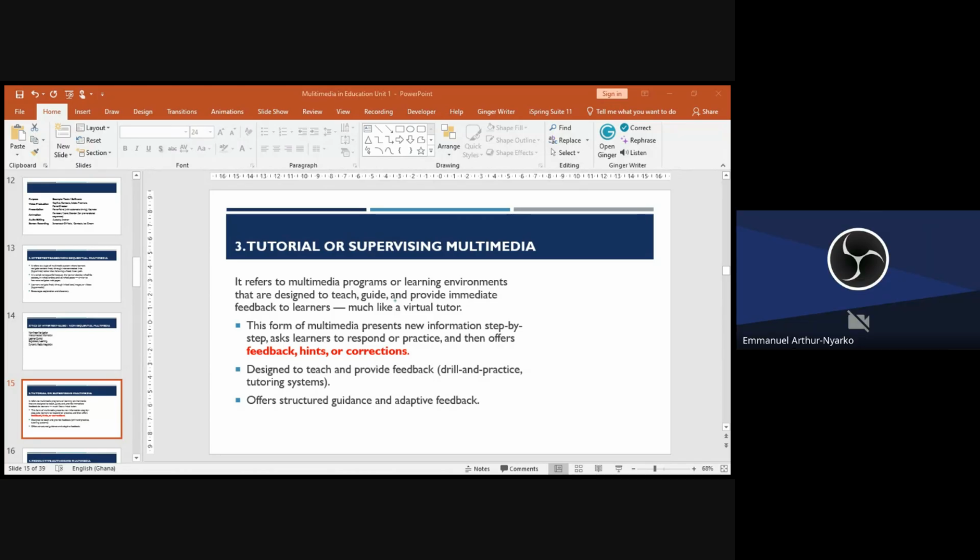Actually, you see, the multimedia MSc is not an education related program. You understand? Though you can do it, it's not education related. The MED is education related. The MSc is more of technology bias.